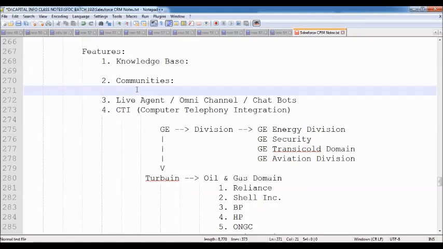Communities is a feature given by Salesforce so that customers can communicate with each other, share their problems, get solutions, and share their knowledge and information. Previously, if the customer faced a problem, he raised a complaint directly, but now he contacts other people to get the solution, so nobody comes to me and the complaints have been reduced. These are the various mechanisms they have introduced.